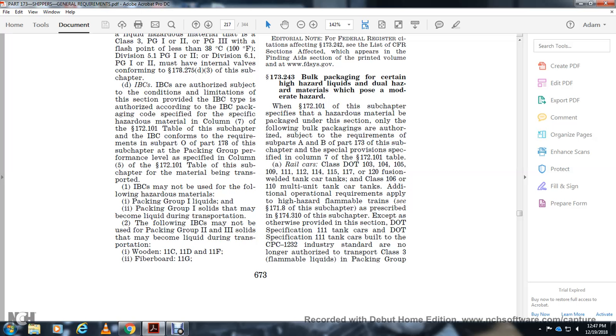Tank cars: class DOT 103, 104, 105, 109, 111, and 112. The 114, 115, 117, 120 will fuse and well with the tank cars. Class 106, 110 with a multiple unit tank car, with the tank additional operation requirements applying with a high hazard flammable train. 171.8 with the subchapter described 174.310 with the subchapter, except as otherwise provided with the exemption in